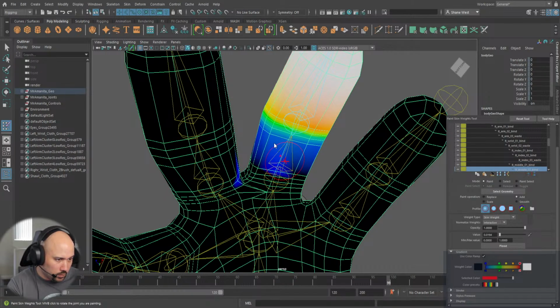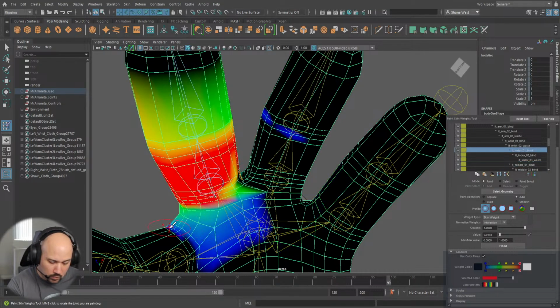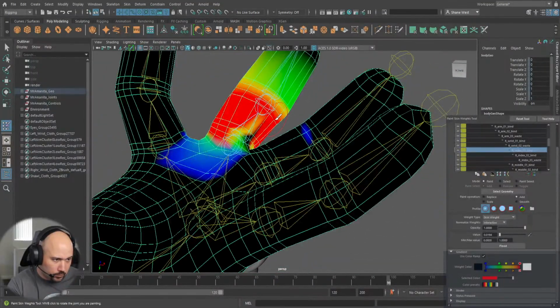That spot there, which is actually going to be taken over by this one, so let me work on this one. Let's do add weight that much. Let's do solid and